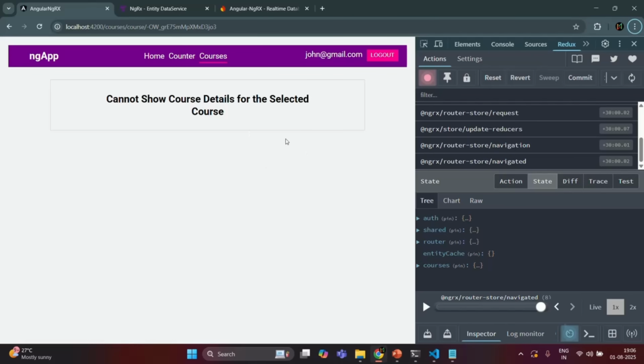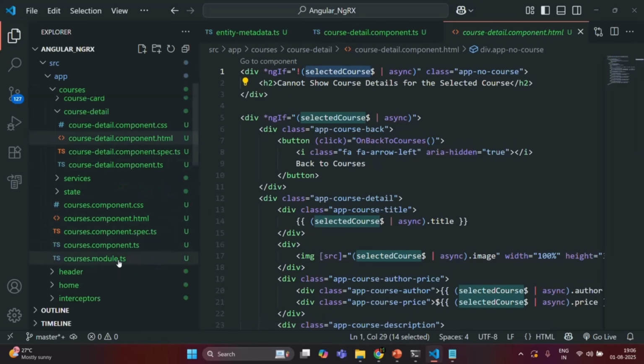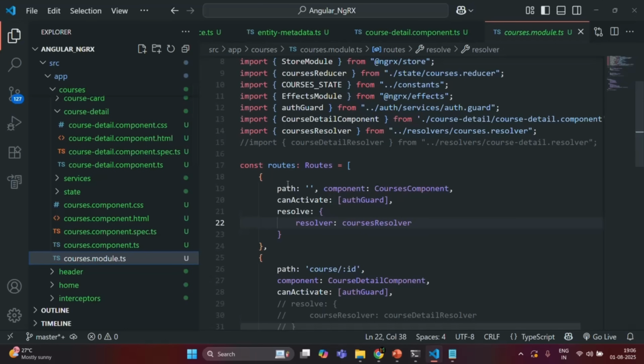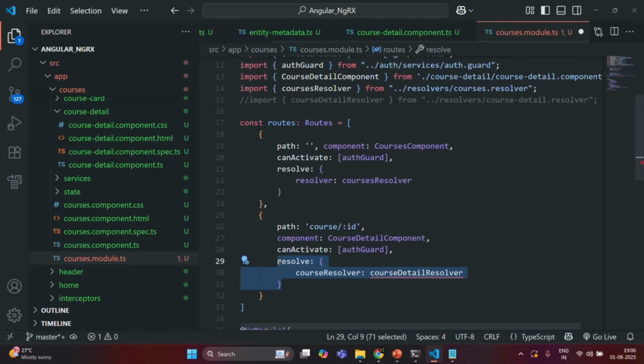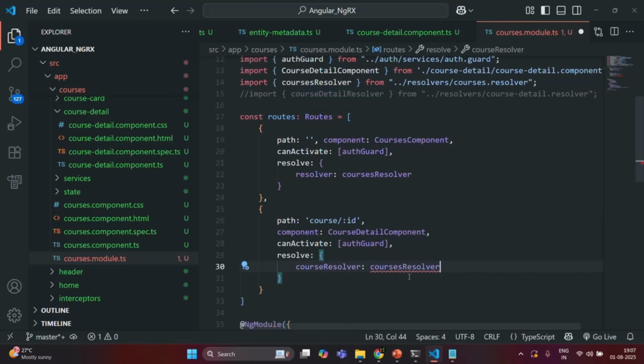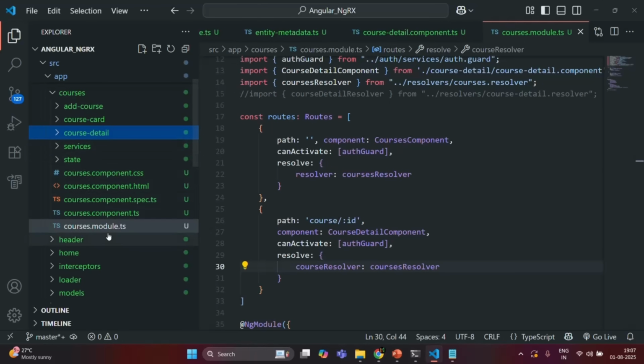So to solve this issue, what we can do is, let's go to course module.ts where we have defined our routes for the courses module. There, for this module also, I'm going to add a resolver, and there I'm going to use this same course resolver. Now, if you remember what this course resolver is doing, if I go to the course resolver,